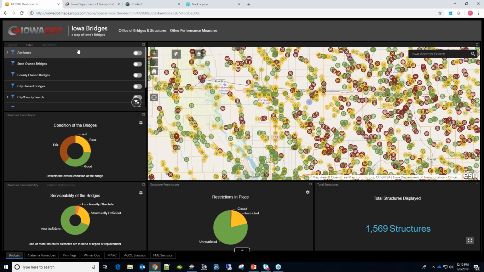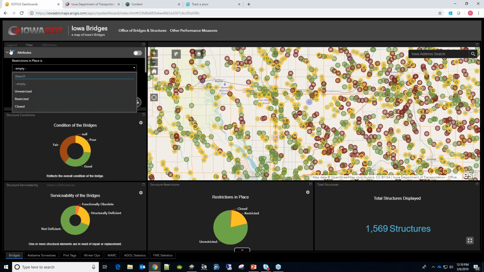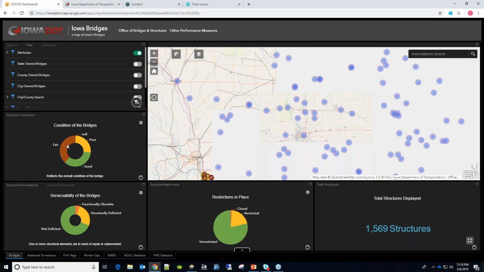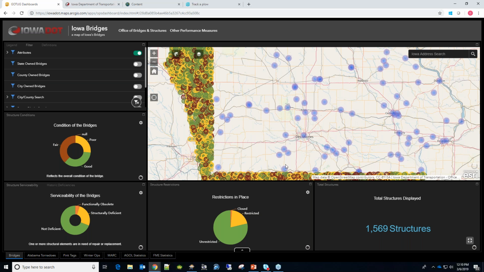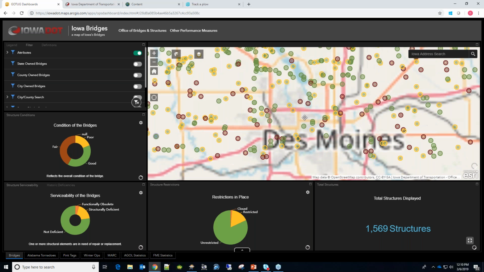You have filters up here, so you can filter by restrictions. And then you can also show conditions of the bridges. All these update in real time as well. I'll zoom back in to Des Moines.